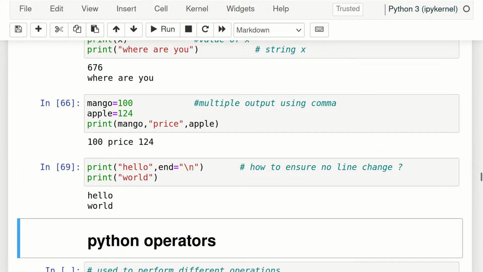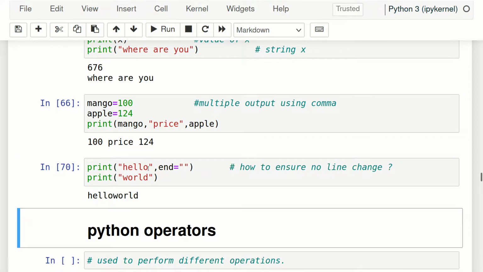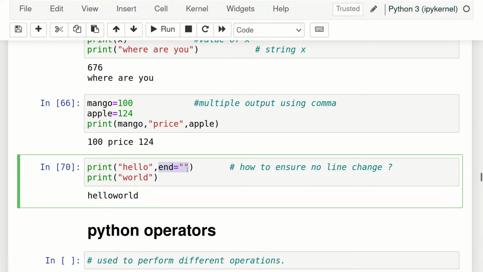So by default Python has end as the newline, but if I give end as empty quotes, it is saying do not change the line, as simple as that. If you do not want to change the line, which you will be using frequently, just use end equals to empty quotes, and it will not change the line. That's all about the print statement.